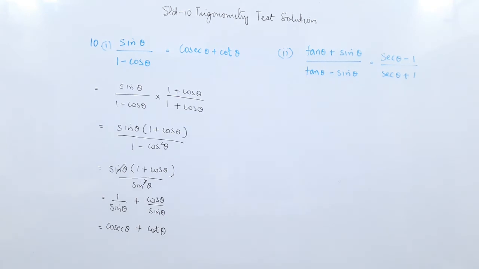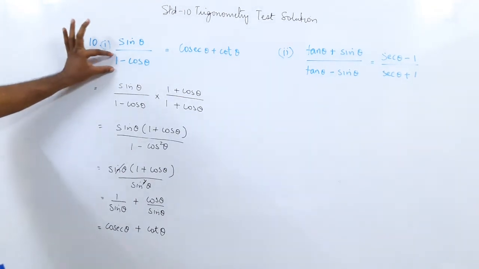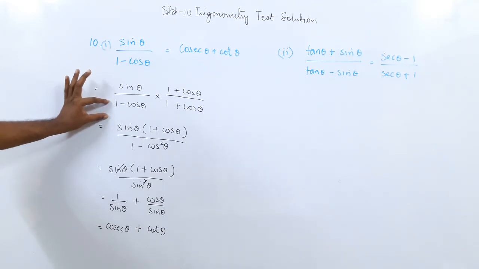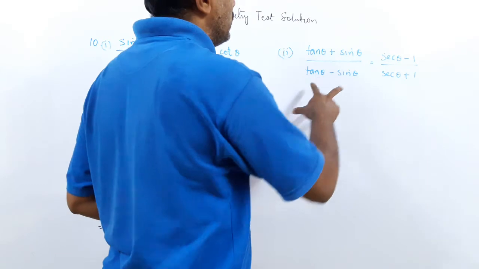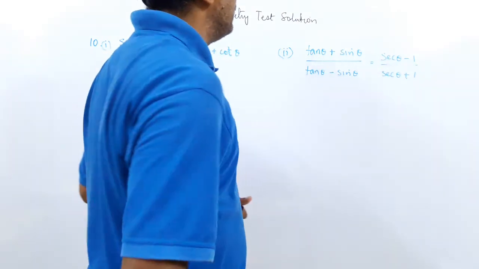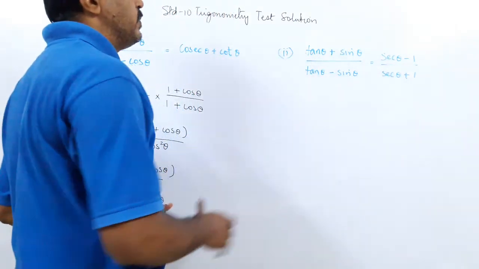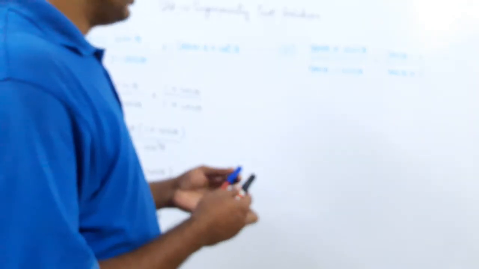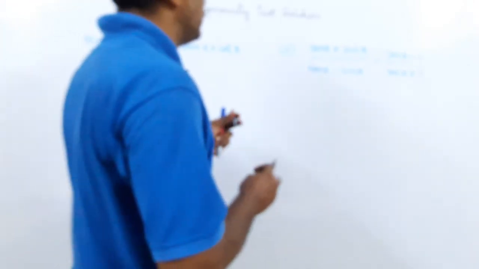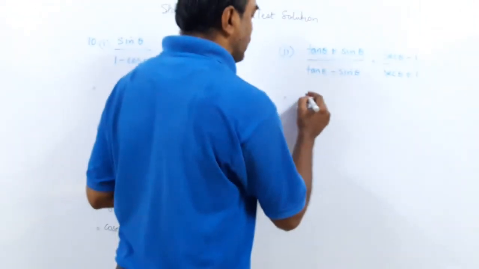So here in this sum, I hope you have understood it fully. The only thing is the conjugate method. Okay, and this last sum, the question is in 10. Here it is in sec, but we will not do that, we will go to the simpler method. What we will do, we will convert the tan into sine by cos. And let us see where does it lead us. Otherwise, we need to change the method.